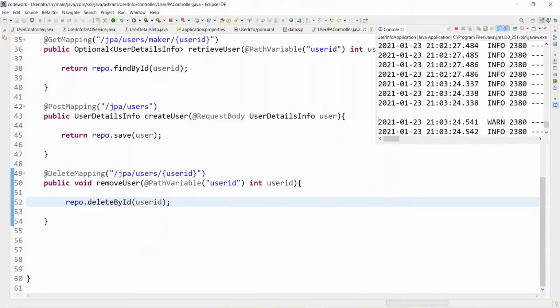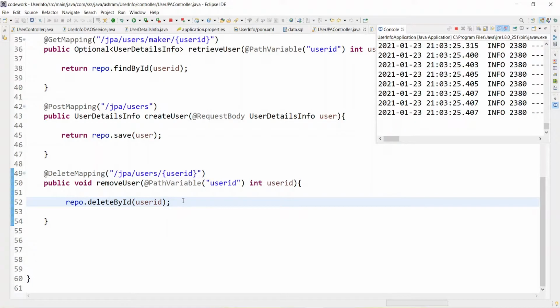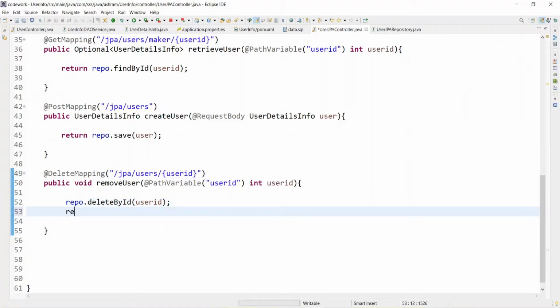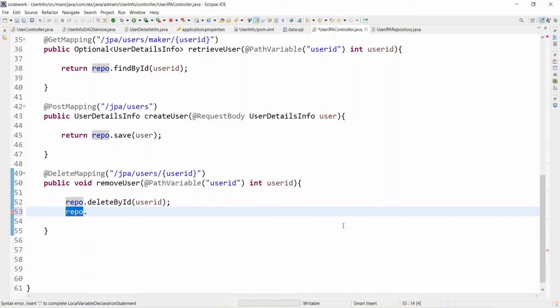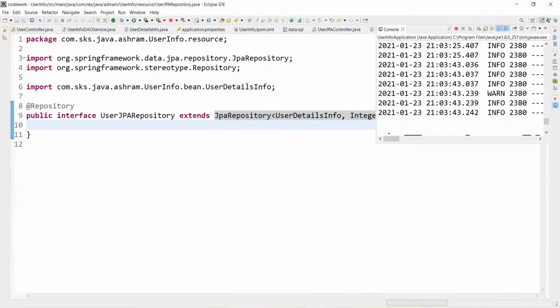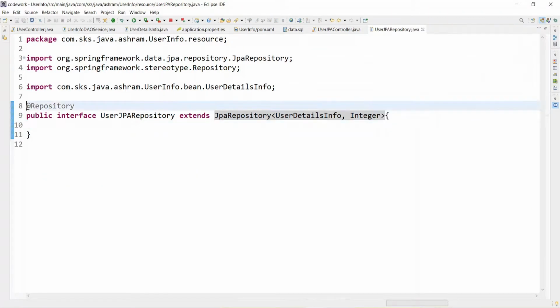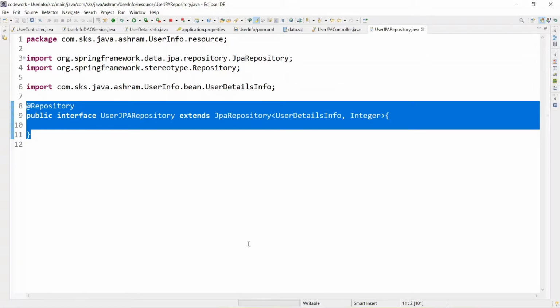So if you see the repo dot, all the operations, all the things have been implemented using the JPA repository. You don't need to implement all these CRUD operations. So this is the beauty of Spring Data JPA. And just writing this small code is handling all these things.